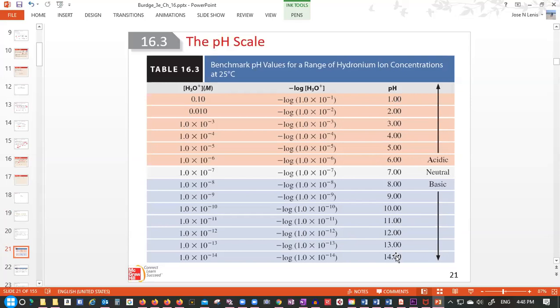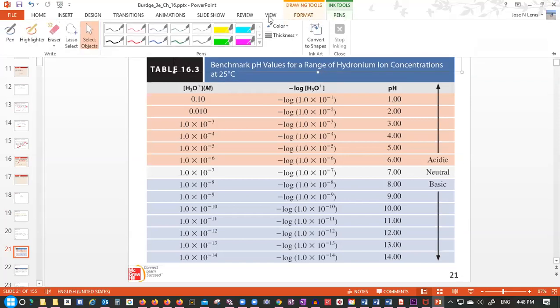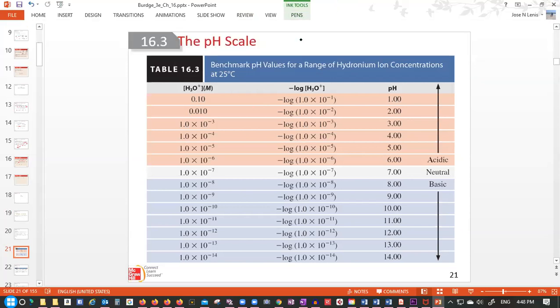Because we just learned that in pure water, Kw equals concentration of H3O+ equals concentration of